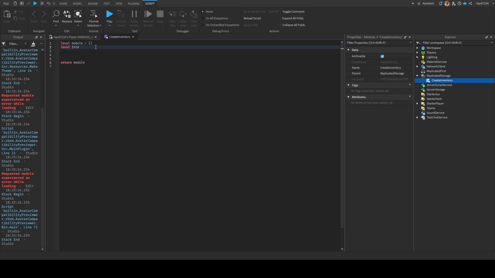So right now we're going to create a table of all the inventories of all the players. This will make sense later. Right now, let's start off with the first function. This is to create the inventory,